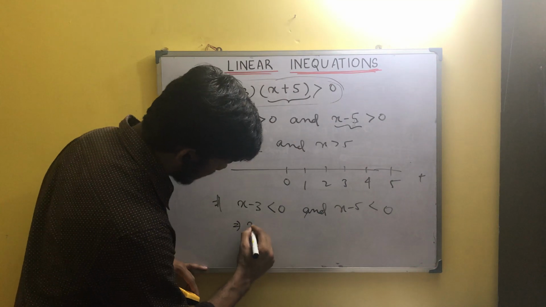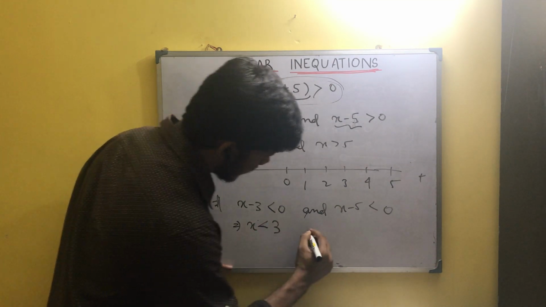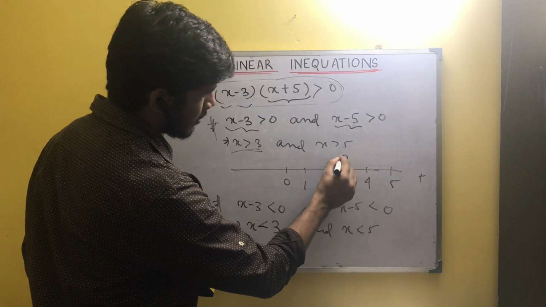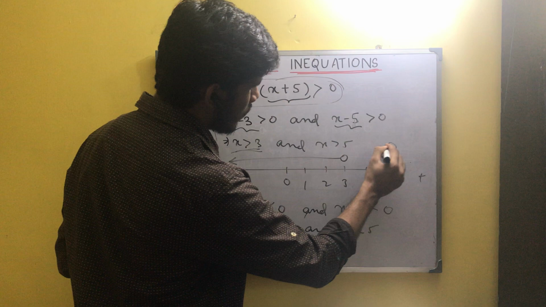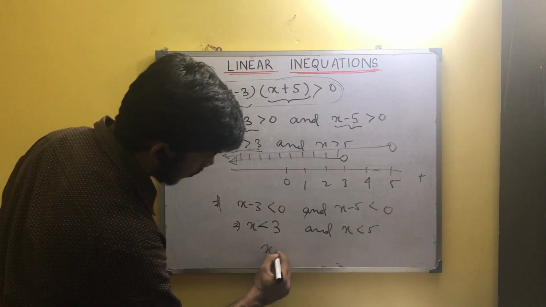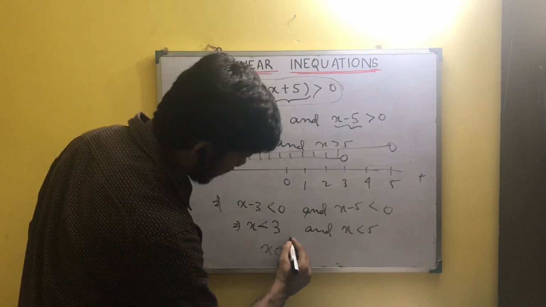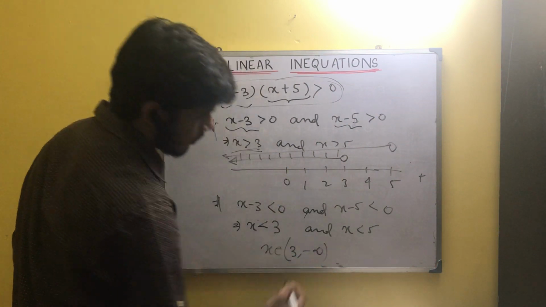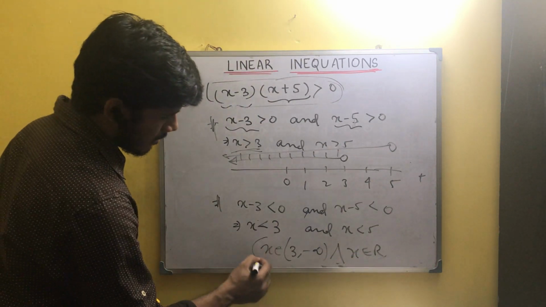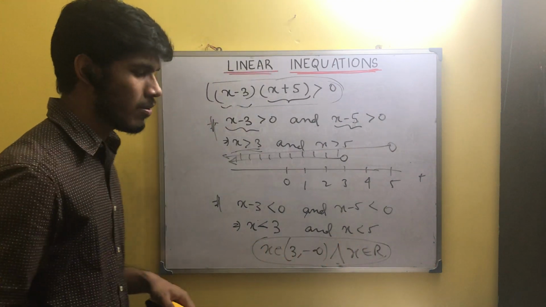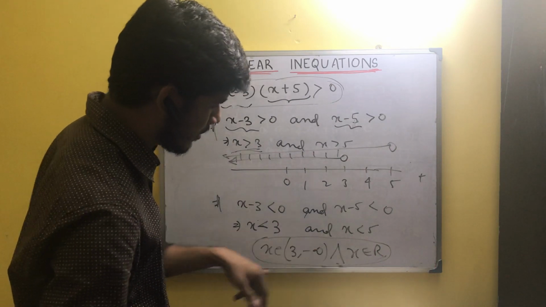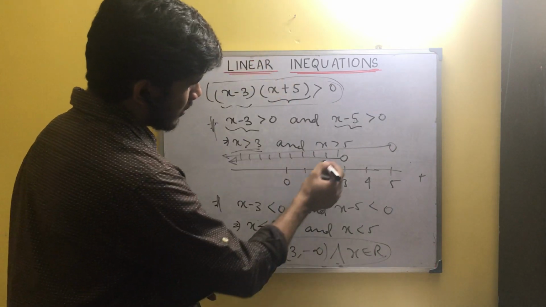So now what we are getting here is x is less than 3 and x is less than 5, isn't it? So now exclude 3, proceed leftward, exclude 5, proceed leftward. So these will be the possible values. Now what does it mean? x belongs to exclude 3 and move on towards minus infinity, and x belongs to R. I have already discussed this symbolization in my previous videos. You can check it out there, how we can represent any solution set in this form. Okay, so now this is the common part.